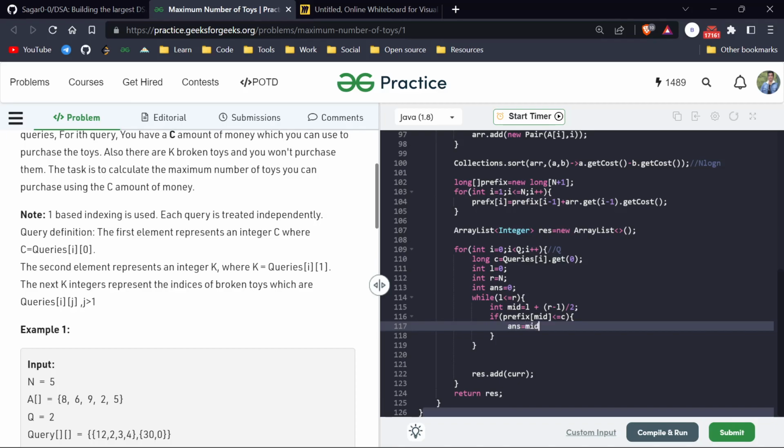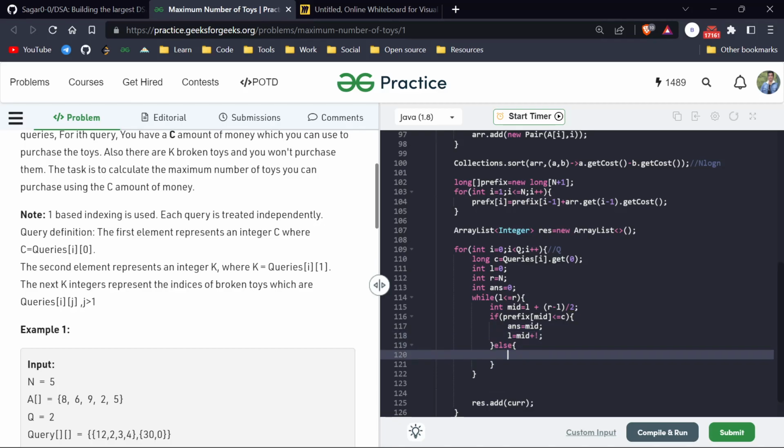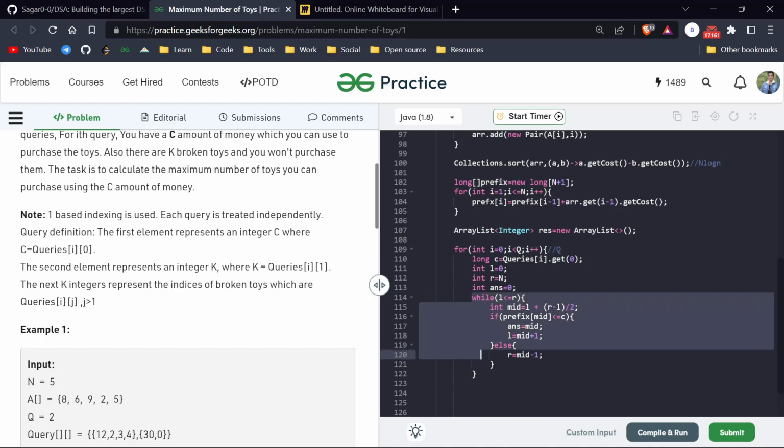So the answer will be mid. That means we can purchase at minimum this many toys, and after that we have to check further, either we can purchase more or not. So I hope you are understanding this. And right equals mid minus 1, or mid plus 1, and after this we will have